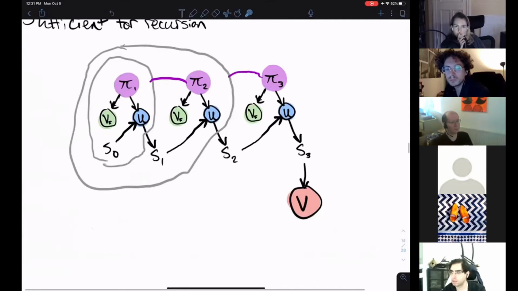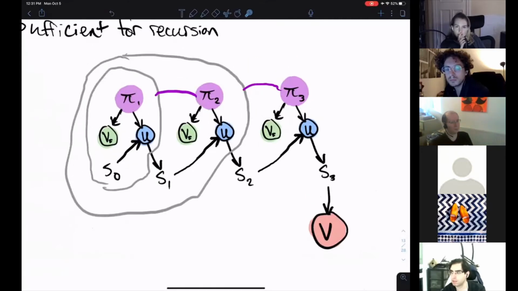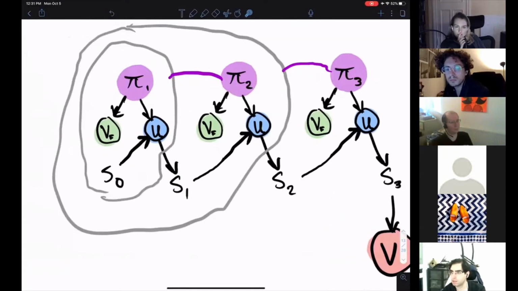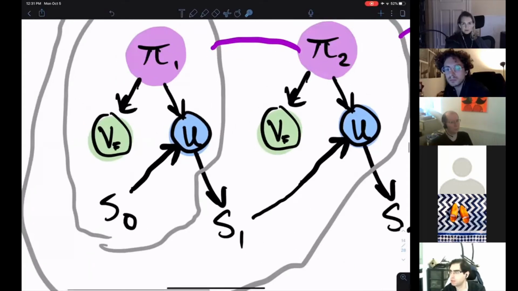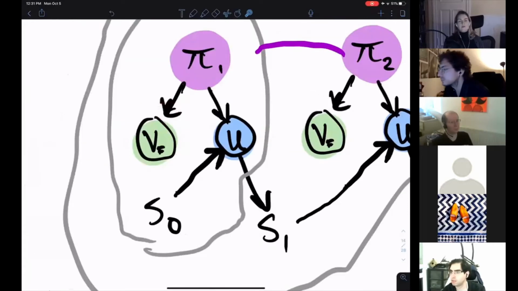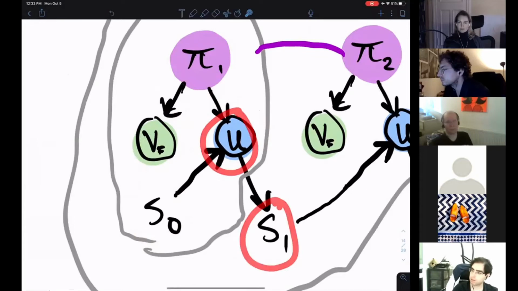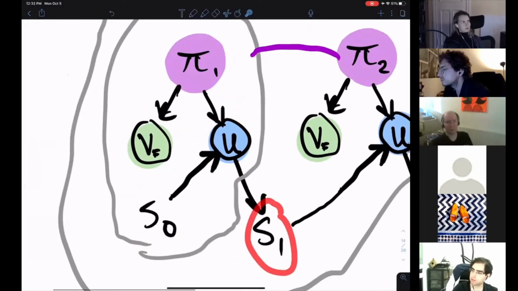Because, as I mentioned, this gray outline you should think of as like a circuit. This is like the boundary of a circuit. So inside of your circuit, what you'll put is the fast part of the verifier and the update algorithm. And what you'll prove is like, I know a proof pi1 such that the fast part of the verifier passes, and I know the previous proof state such that if you feed that with pi1 into the update algorithm, the output is S1. And this S1 will then be a public input,